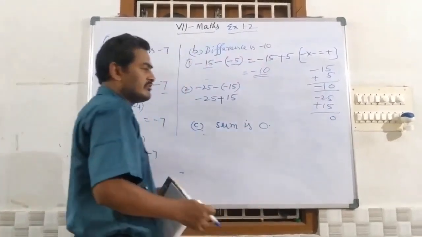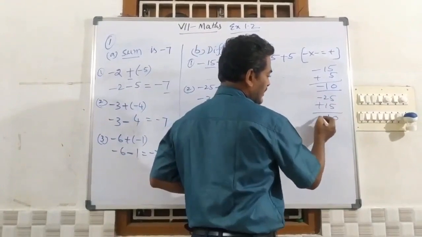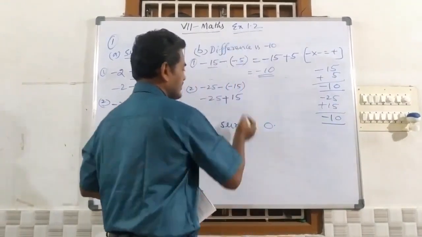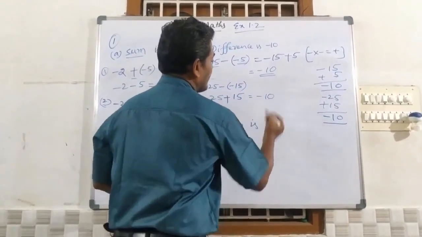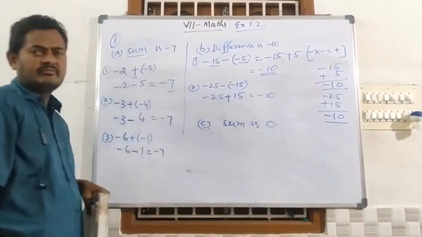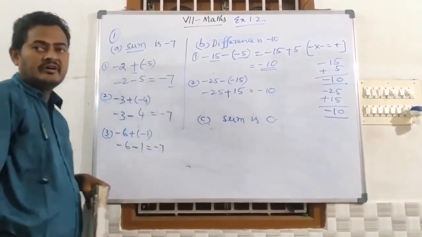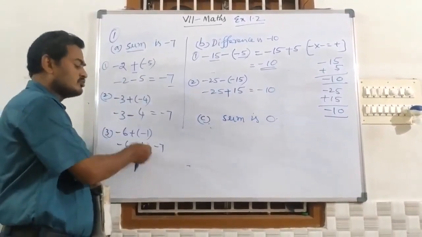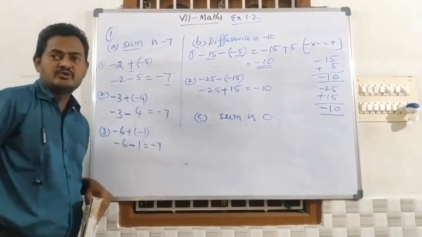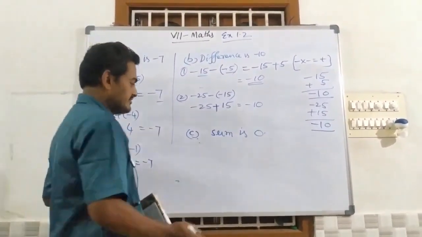Different symbols means what can we do? We can subtract. So 2 minus 1 is 1, and the greater symbol is -10. That equals -10. Like this we can take any number of examples for this B question or A question or C question. I am writing two or three. You write any best two, your choice. Two examples you write for these answers.